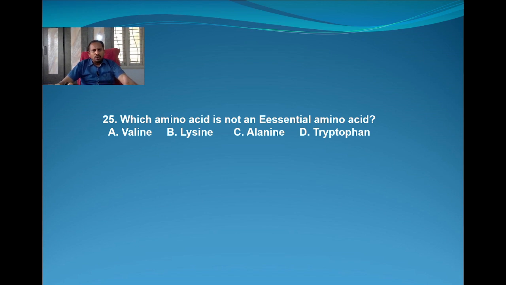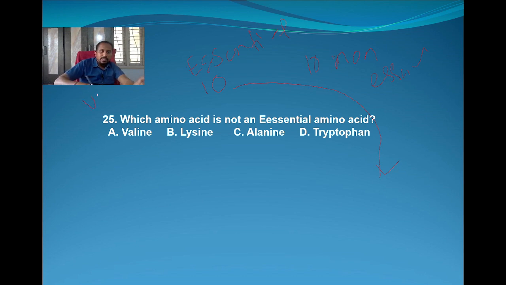Here, which amino acid is not an essential amino acid? Valine, lysine, tryptophan. So how will we know? There is a formula. There are two types of amino acids, essential and non-essential. Among the 20 amino acids, 10 are essential, so the remaining 10 are non-essential. So what are the 10 essential amino acids? There is a trick to remember them. That formula is